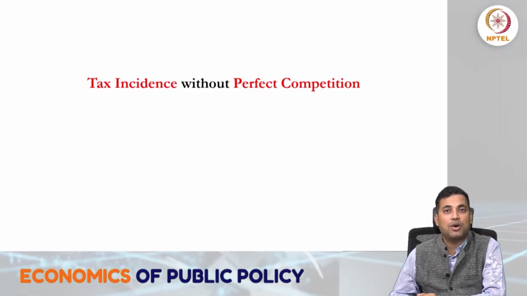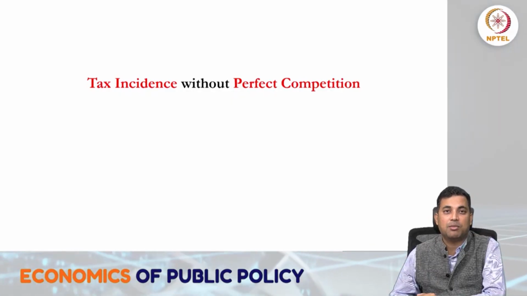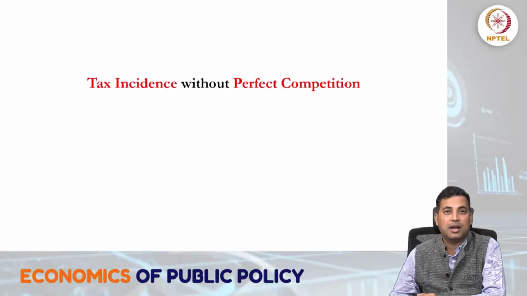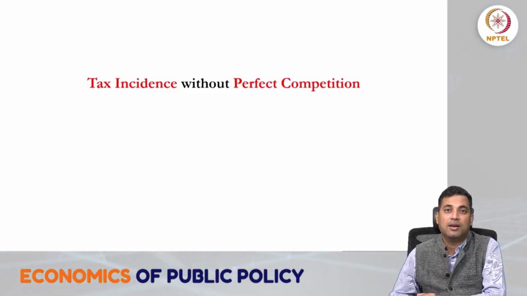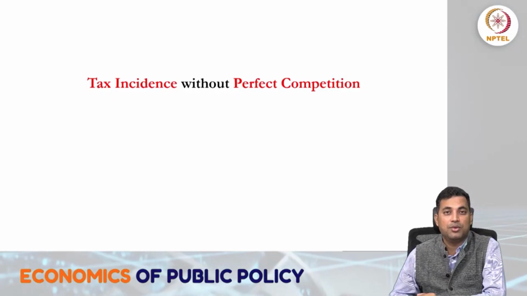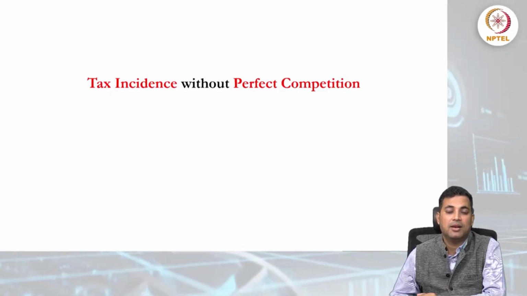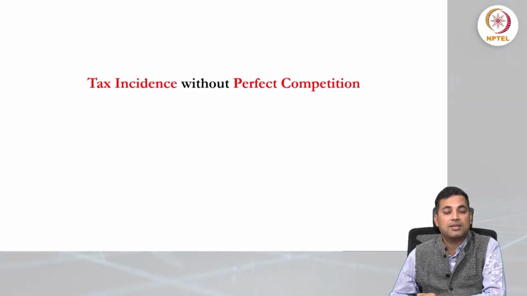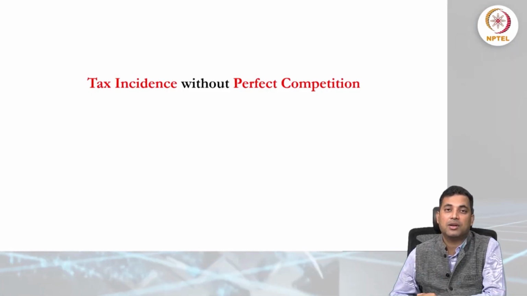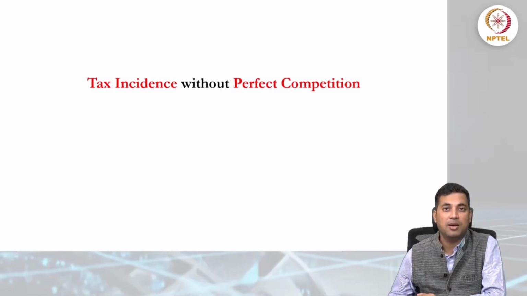So today when we talk about tax incidence, we are going to talk about monopoly, and then you can understand how it will impact the other imperfect markets. As students of economics, we are supposed to know all the characteristics and basic assumptions of different types of markets. So let us understand how it happens in case of a monopoly market.